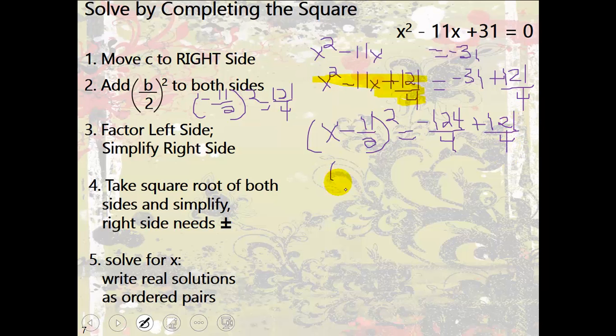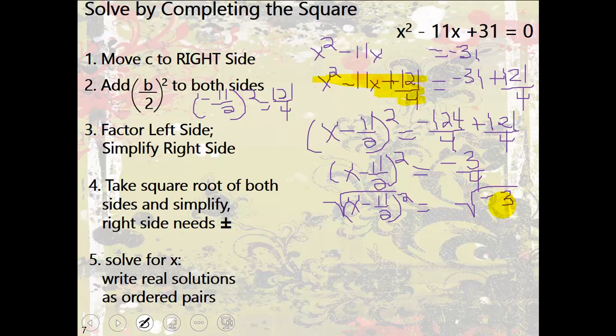So now I have x minus 11 halves squared equals negative 3/4. So now when we take the square root, we're going to have a negative under our radical sign. So I'm going to take the square root, and I get x minus 11 halves is equal to the square root of negative 3/4. Okay? So I get x minus 11 halves